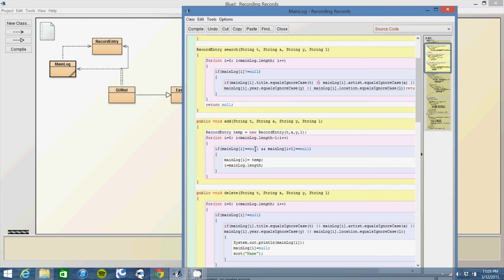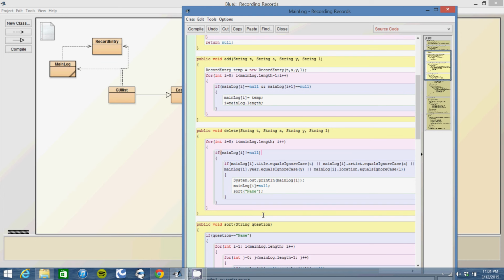You can see it says if main log I is null and I plus 1 is null, and I have that set up because ideally, if the program is sorted where the first null slot is, there won't be any more full slots after that. So this basically just checks to make sure it's the very first null slot after the last filled slot, and we'll add it in. So like I said, the delete method can search through and find just the matching terms,